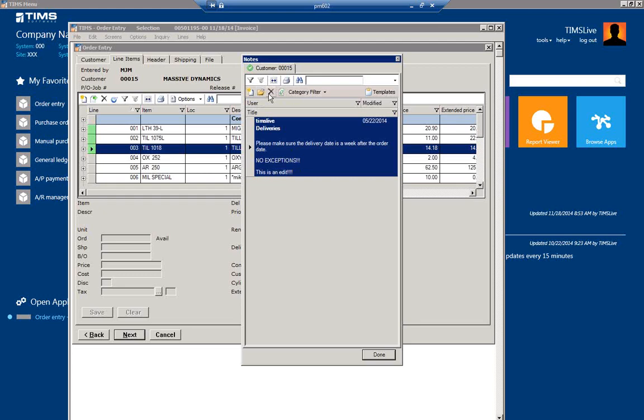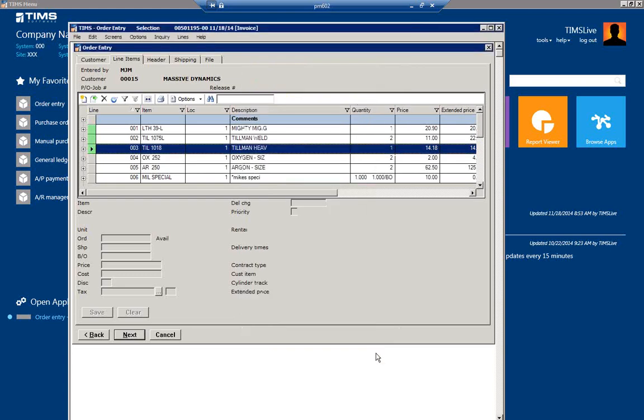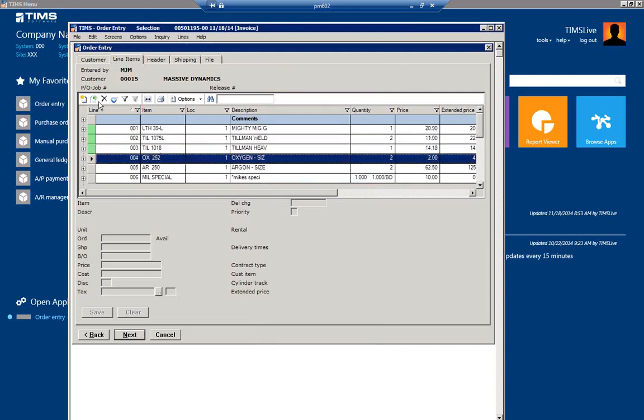So this is everything that I wanted to show everyone in regards to order entry. There was a lot of new stuff here that I wanted to point out. So let me just kind of review it real quick. Starting at the top, we have all these tabs now. So you go tab by tab, no longer screen by screen. We have this grid format going on here. That gives us the capability to do that